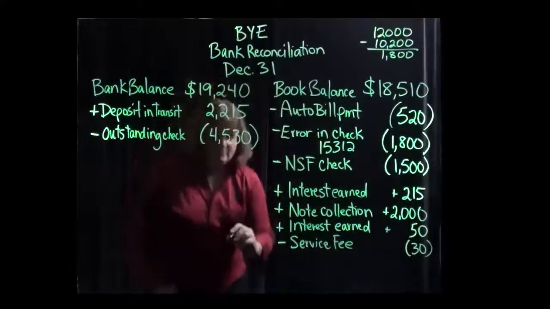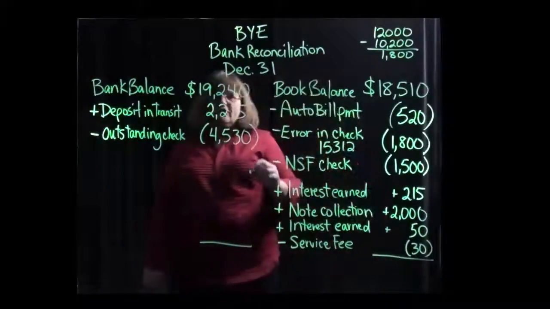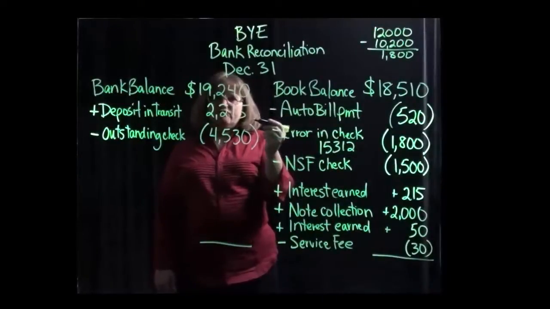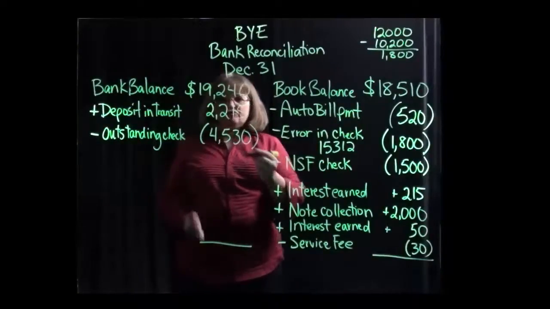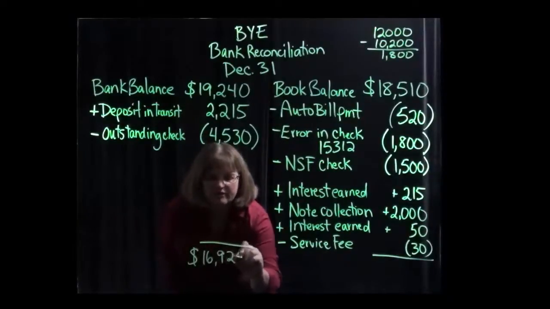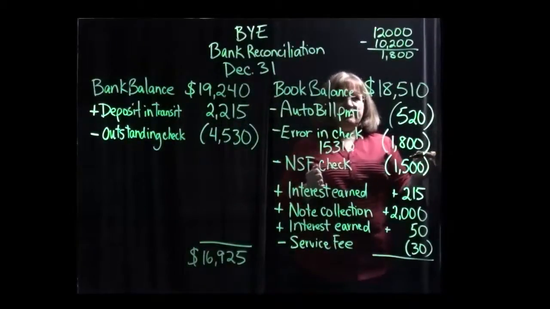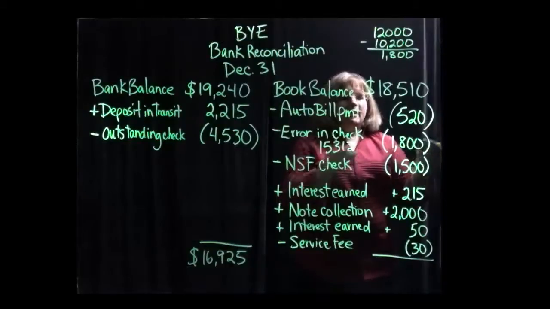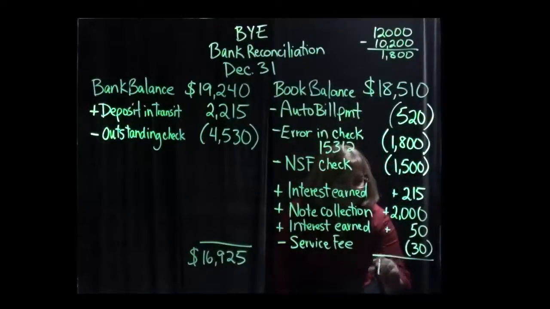Okay, if we then sum both sides here, we're going to see that 19,240 plus 2,215 minus 4,530 is going to give us $16,925. If we go over here and we take $18,510 minus 520 minus 1,800 minus 1,500 plus 215 plus 2,000 plus 50 minus 30, we're also going to end up with